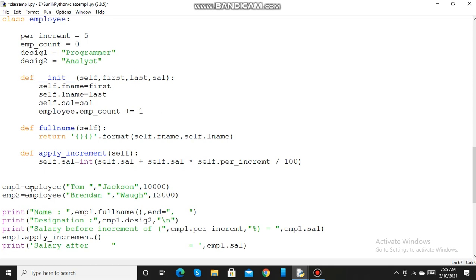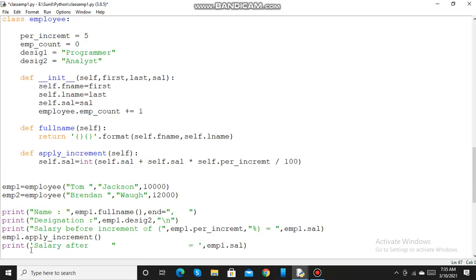So as we know that at the time of creating the object emp1, the salary was 10,000. So this salary, it has called the init method at the time of creating this object, and this salary was initialized with 10,000. So emp1.sal is 10,000.